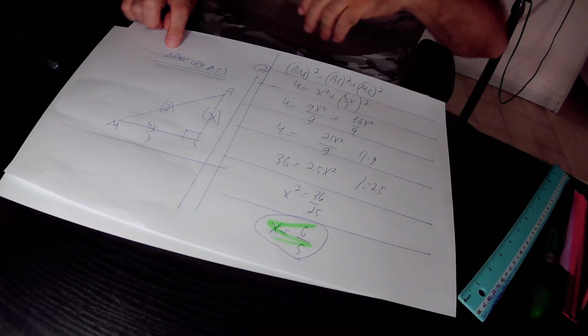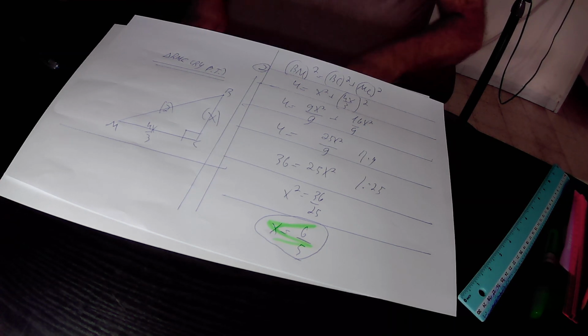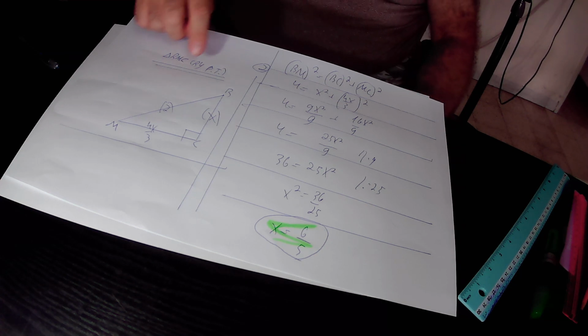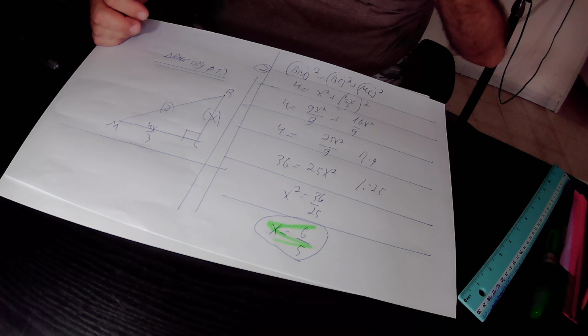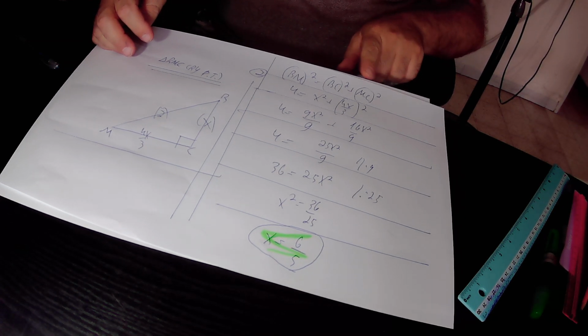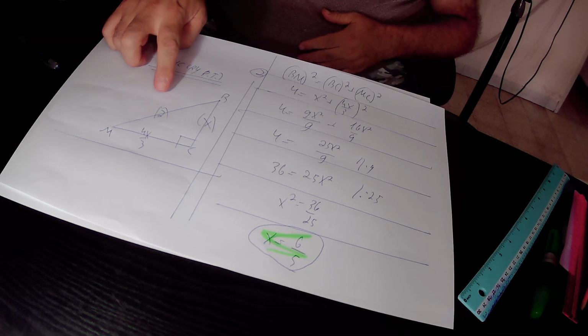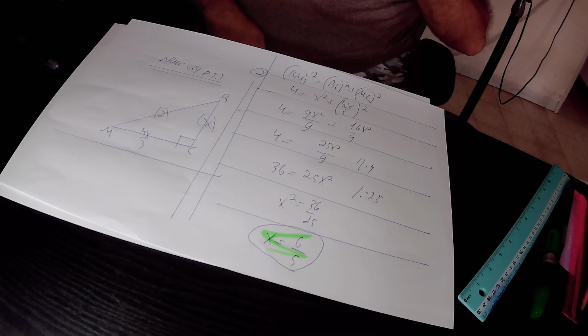This is the right triangle BMC that I copied from the original drawing. According to the Pythagorean theorem, in this right triangle BMC, BM squared, the square of the hypotenuse, is equal to BC squared plus MC squared. BM is 2, therefore BM squared is 2 squared, that is 4, and it equals BC squared